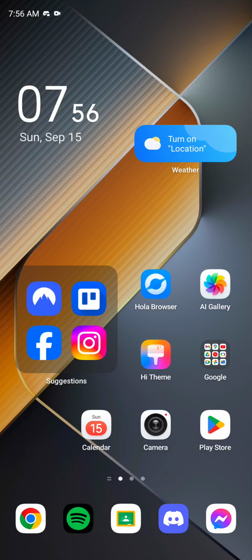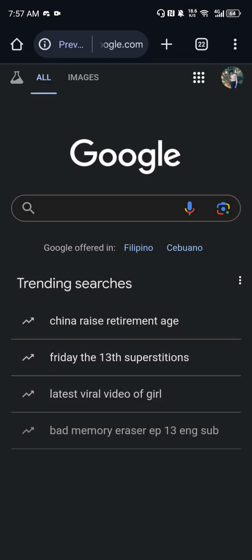Hi guys, today I'm gonna show you how to get a NordVPN coupon code. So all we gotta do is go to our web browser. In my case, I'll go to Google Chrome and then I'll search for